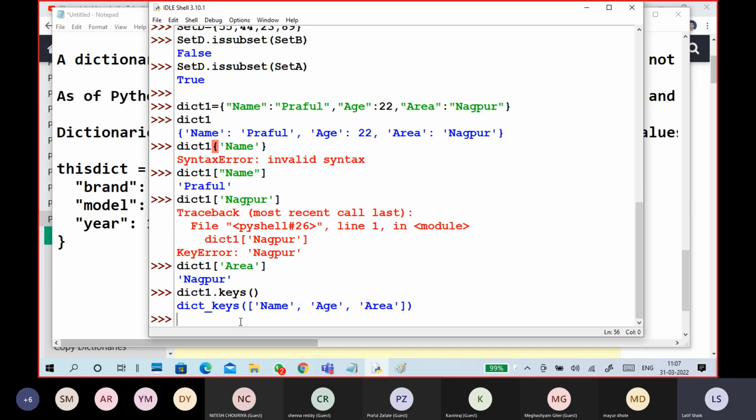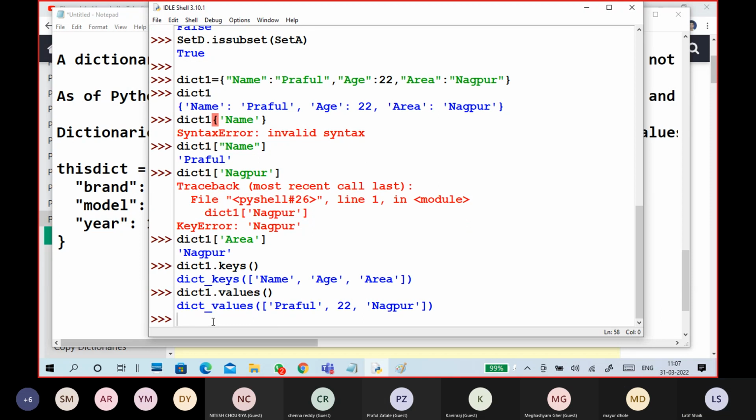So these are the keys in this one: name, age, area. Now go to values. These are the values.